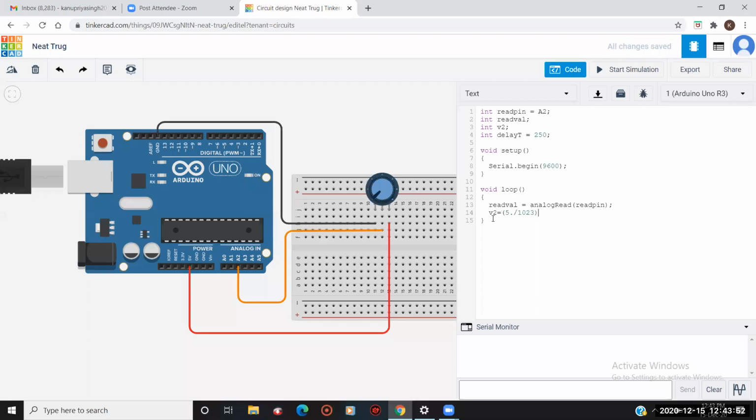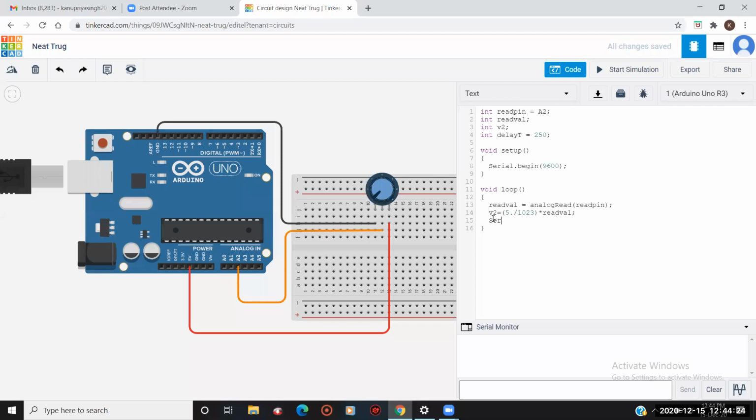Basically it is 1024 levels, which you get from 2 to the power 10. Okay, so I'm going to multiply it. For multiplying, I use this asterisk sign here, and then I'll multiply it with the read value. Whatever is stored in my read value will get multiplied with this, and I'm terminating this command, and after that I am going to print it.